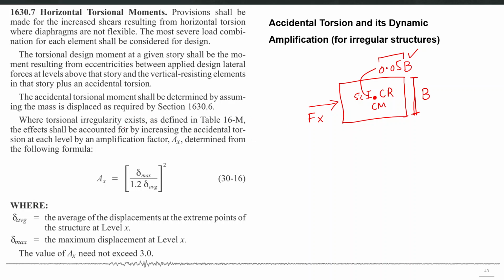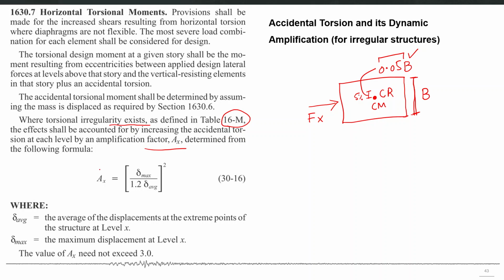But in the cases where torsional irregularity also exists, explicitly as defined in Table 16M, as we have seen, there is a specific check for that. If you apply that check and you find out that your structure is torsionally irregular also, in that case the effect of that torsional irregularity should be accounted for by increasing the accidental torsion at each level by an additional amplification